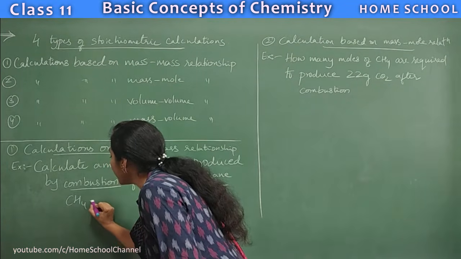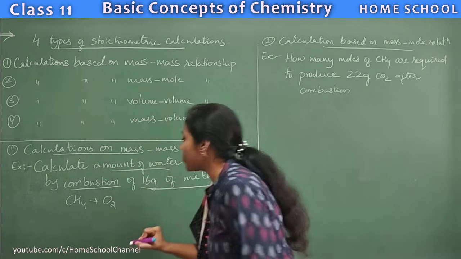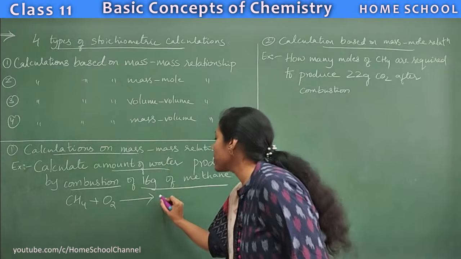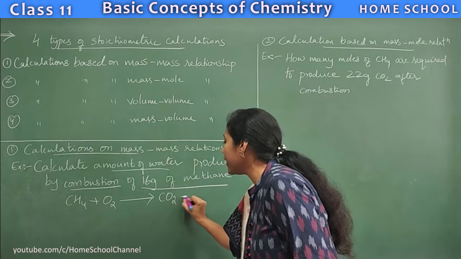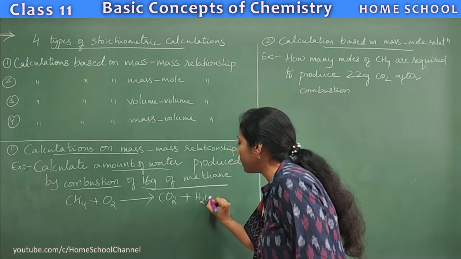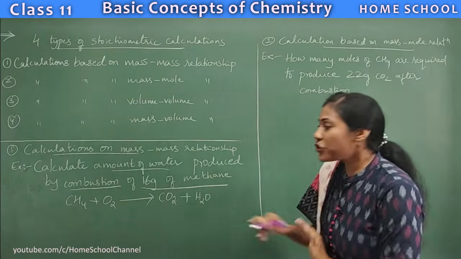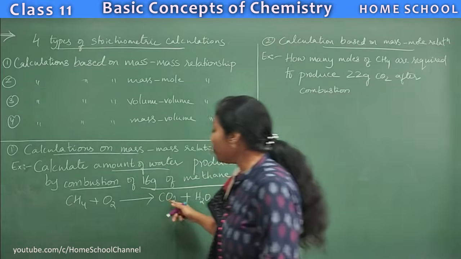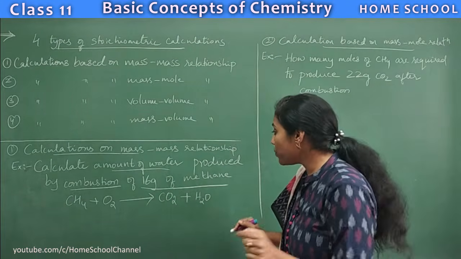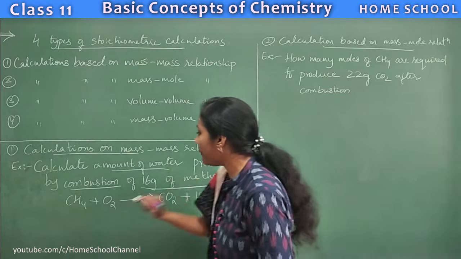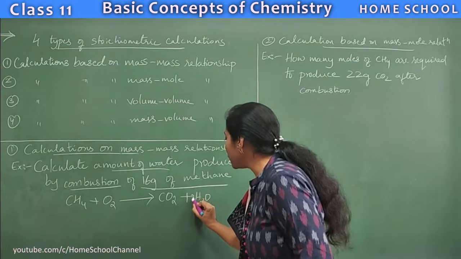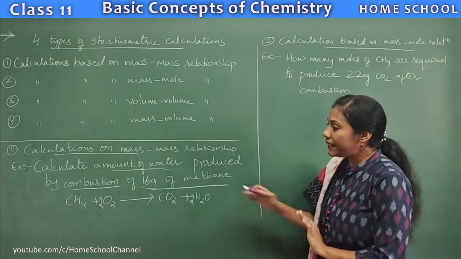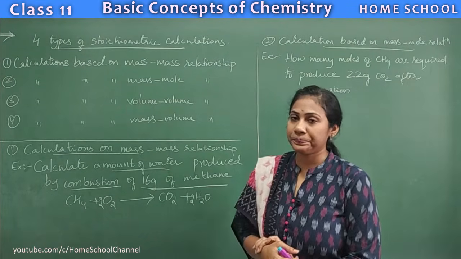So how do you write combustion of methane? Methane combustion means it is always a reaction with oxygen, and when anything burns in presence of oxygen, you will always get the products carbon dioxide and water. So this is the combustion reaction of methane. Half the work is over. Now you have to balance it. So how do you balance it? Here you will put 2 and here you will put 2. So now it is a complete balanced chemical equation.